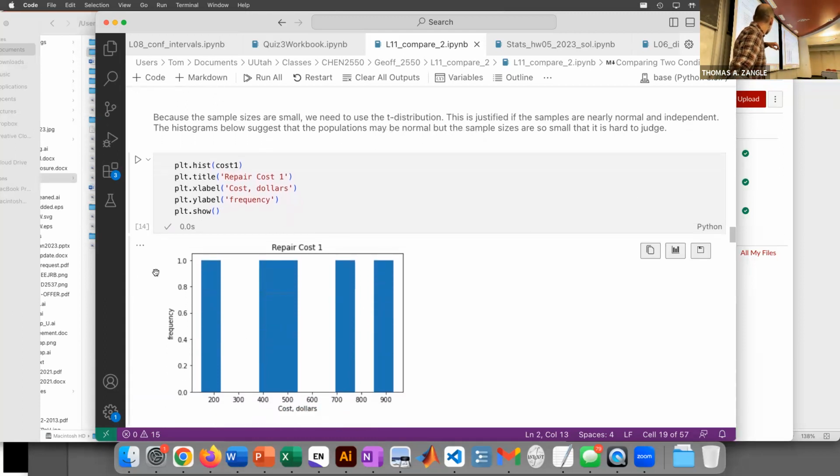This is what our histogram looks like, though, for, let's say, repair cost 1. It's actually just pretty flat. There is slightly more frequency of results in the middle than there is towards the tails, but we have a very small sample size. And this is often the case. When you have a very small sample size, it's hard to say if your histogram is really, truly normal. We're going to proceed as if it is anyway,